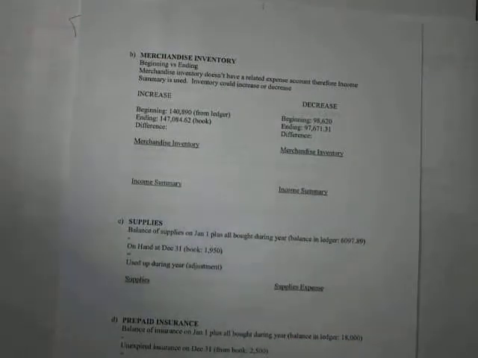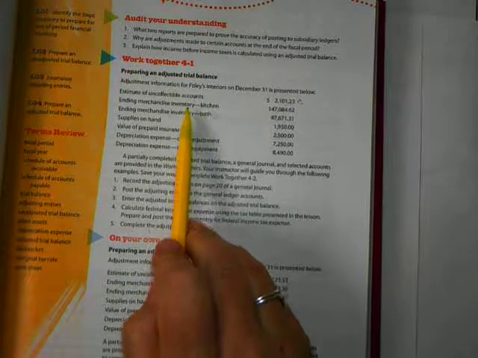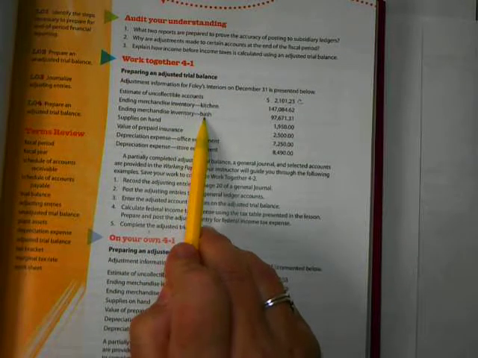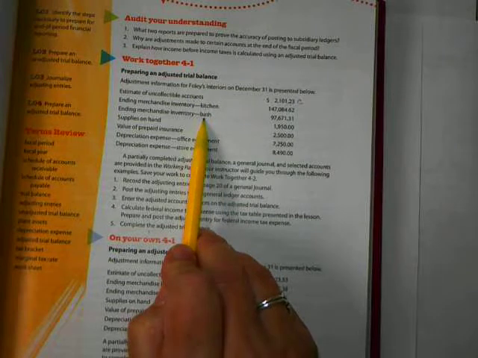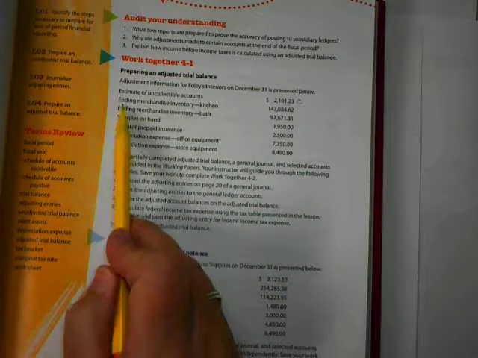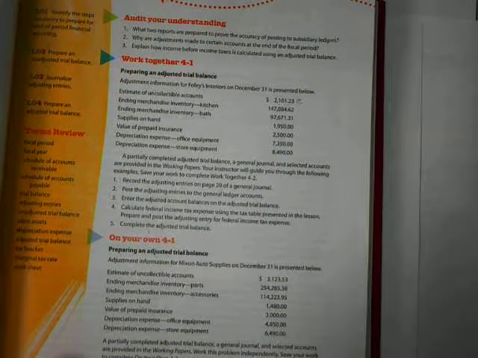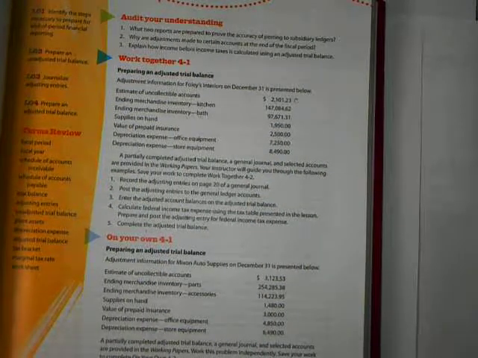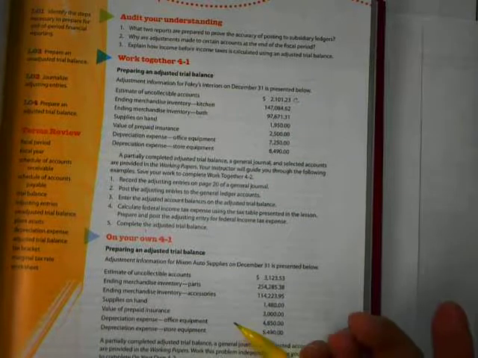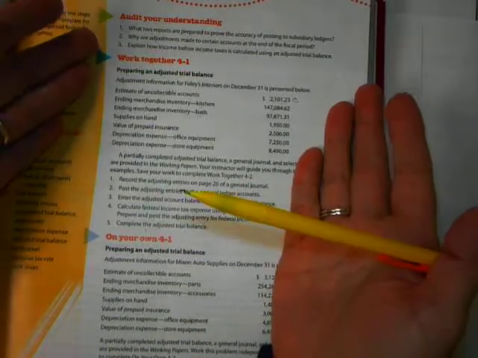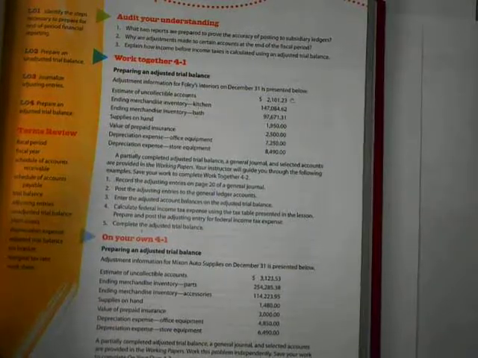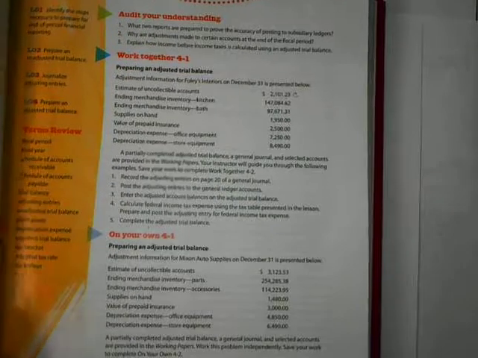Okay, so back to our book. This is departmentalized, so we have inventory for the kitchen and inventory for the bath departments. Again, remember this is ending inventory, and we're trying to figure out what the difference is. How did it change? That's the adjustment that has to be made. So if we have our ending, what's our beginning? Where do we go find our beginning? Okay, we find our beginning